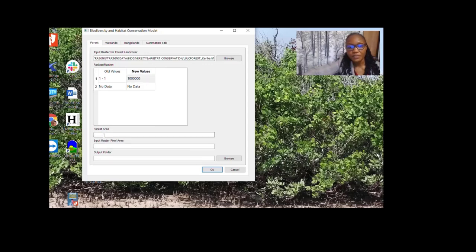The forest area for Kariba has been calculated and you can get it from the shapefile data. If you check the shapefile data, for this case, we have 111,654,42 meters squared. And then we have the pixel area. This is Landsat data, so it's 30 by 30, which is 900. And then we